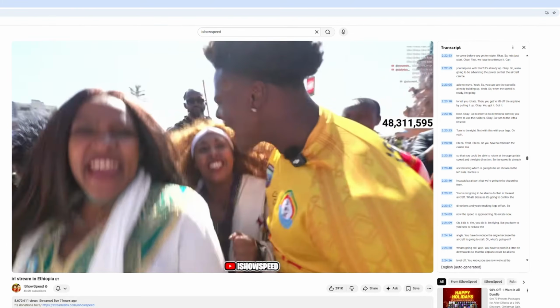So of course, since I couldn't find that white Speed part, I'm going to clip this part right here where it's Speed and his fans going crazy in Ethiopia. And so what you want to do is, if you have an iPhone, you want to use the screen recording tool, and you want to screen record the part that you want. In this case, I'm going to start screen recording this.